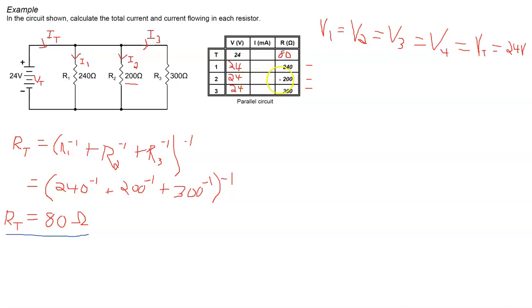And so therefore, now I can start with Ohm's law and I can apply that to whatever resistor I want or the total. And so let's do the total current first. And so we have now IT is equal to the total voltage applied divided by the total resistance, and that gives us 24 volts divided by that 80 ohms,